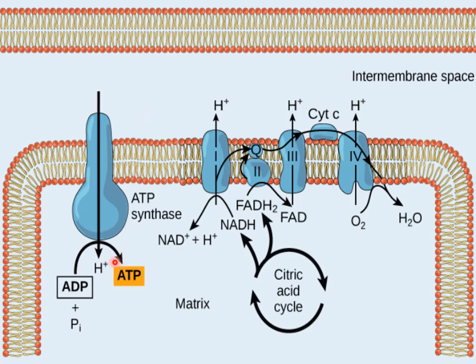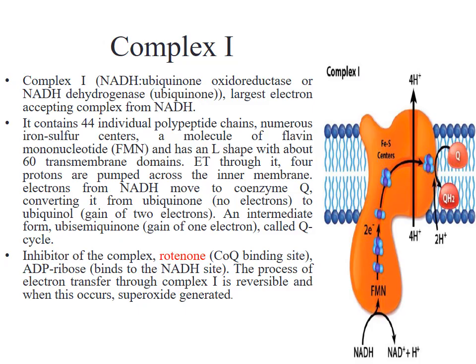And if energy is not required in higher quantities, then inside the matrix ADP will not be available in huge quantity, and this oxidation and reduction process will slow down. Also, as a result, protons will be produced in lesser quantity, so they will be exported less to the intermembrane space, so there will be no potential gradient, and the whole process will shut down.